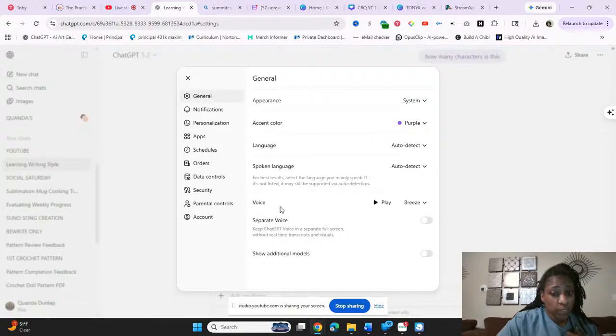For my voice, my favorite is Spruce. I don't know if he's the default or what, but this is who I like to use, and I'm going to play him. Let me know if you can hear. Do you hear Spruce? Can you hear him?